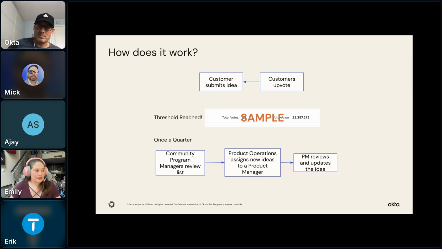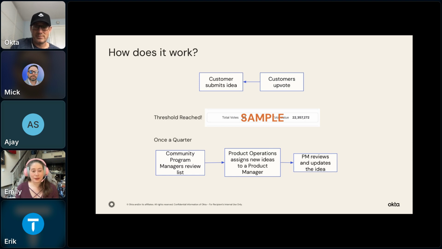And at that point, it goes through a couple of lists, making sure that an existing idea isn't already there or in progress, closing any duplicates, moving over votes, all that kind of great stuff. And then it goes to our product operations team, and they assign it off to us.